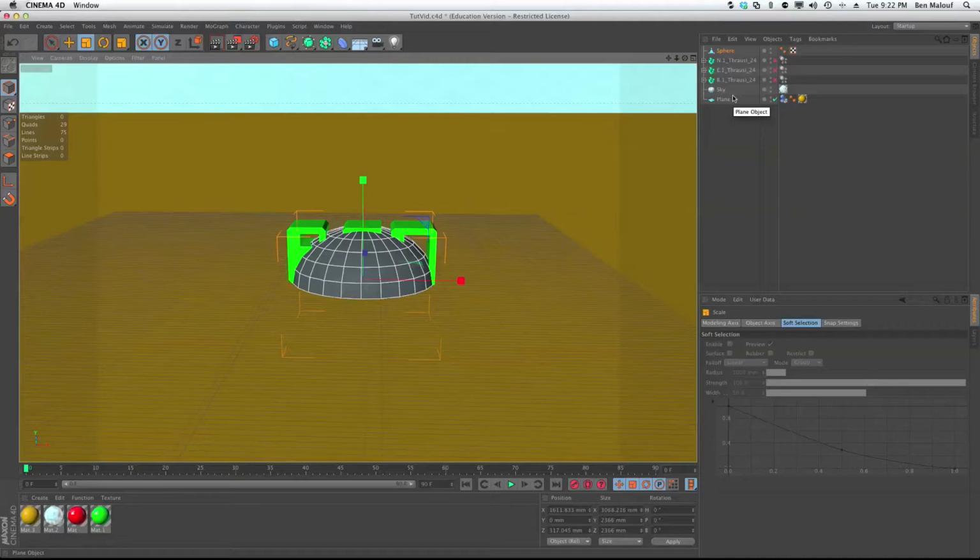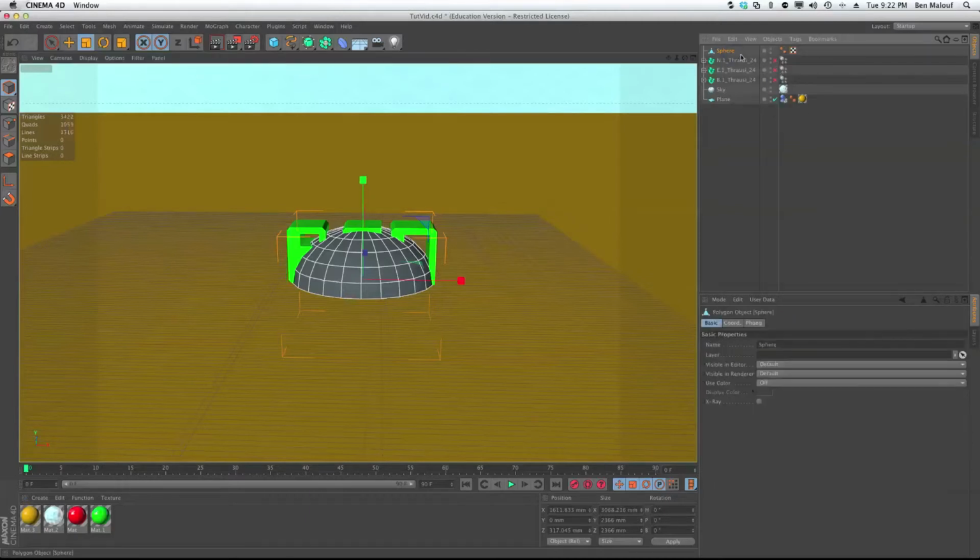And in doing so, and then in making those objects dynamic, they are going to act to get away from each other as quickly as possible, because things shouldn't be able to intersect with each other. The physics engine knows that as a real world thing, but you're able to override it and actually make things happen that way. So if we take our sphere now and add this rigid body tag,